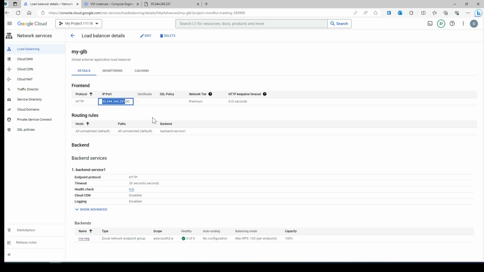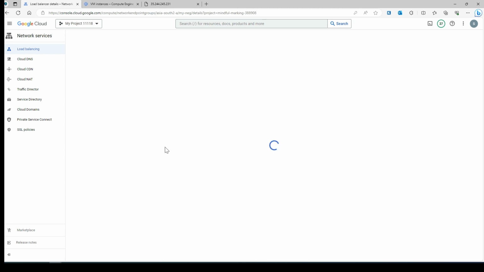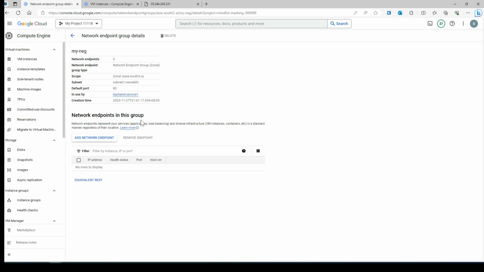No healthy upstreams. All right, let's check it. Did we do something wrong? My backend is unhealthy. Oh, zero of zero. Why zero of zero? Okay, so I forgot to attach my VM under this network endpoint group. So you have to add the network endpoint. You have to understand this concept: you first create the network endpoint group, and under this group, you must add the network